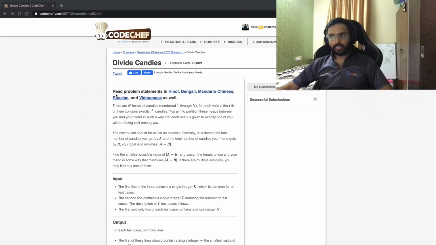Let's start with the divide candies problem. There are n heaps. We have n heaps, and for each heap i there are i raised to power k candies.